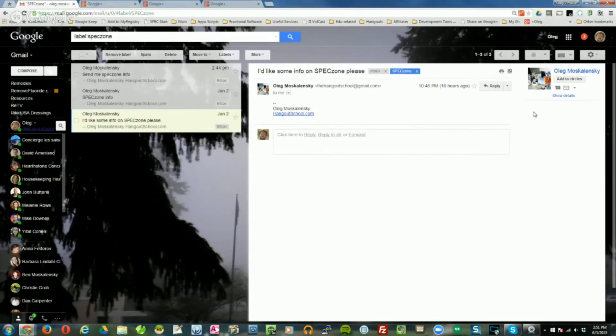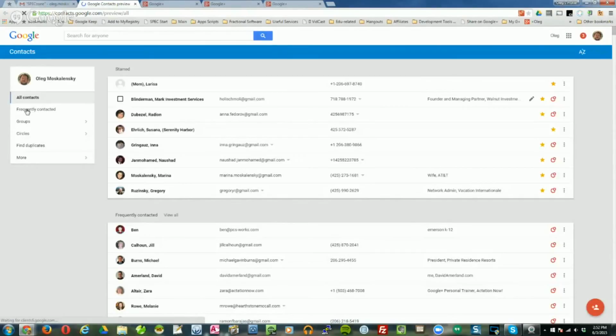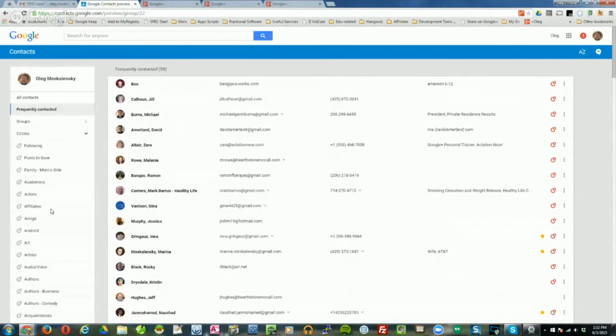Then in addition to that, here is the kicker here. You can also go to the new contacts. Okay, and this is where it gets to be really cool. And so when we go to contacts, contacts are still not incredibly fast. Then you have this little option called circles. You see this? And if I click on a particular circle,